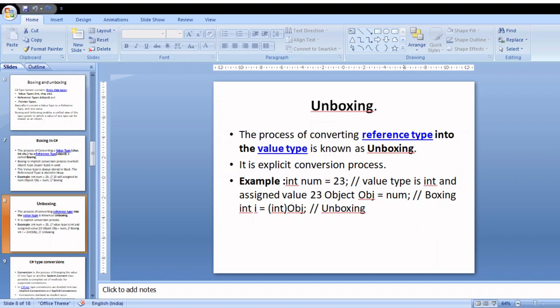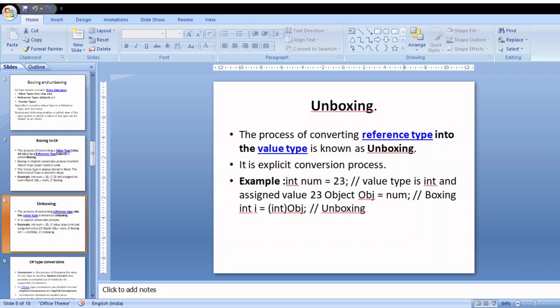The variable num storing the integer number 23, and we are assigning that variable to the variable object which is declared as object reference type, and again we are going to explicit conversion process.